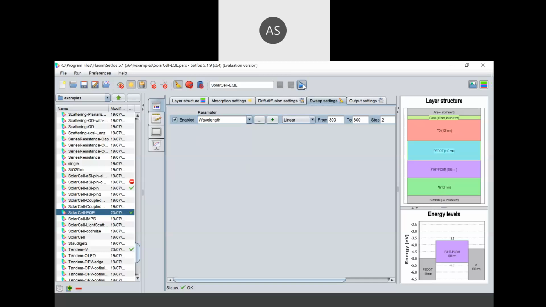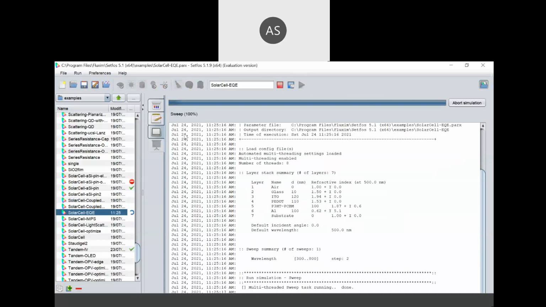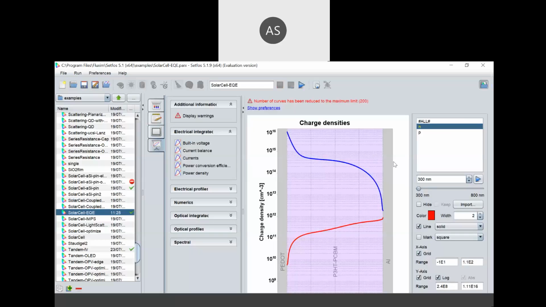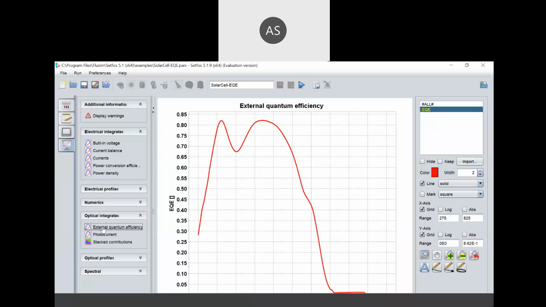Now let me show the quantum efficiency output. It is possible to extract your data in Excel format, DAT format, or text format. You can extract your data easily. Now this is charge density analysis for N type and P type and other optical quantum efficiency.